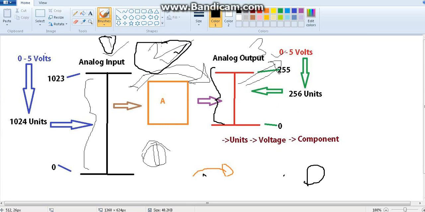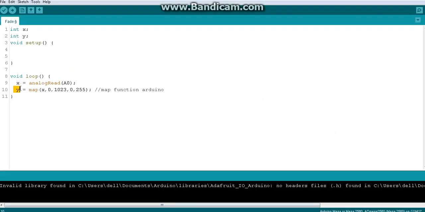This is the second step. Now we have to go for the third step. Very simple, we have to give the analog output. What is the value? The new mapped value that is created from the second step. The second step takes the analog input and gives the new mapped value that is supposed to be given as the analog output. So this analog output process will take the new mapped value and give us the output. You understand what I am telling? So this y value should be given as the analog output value. Why? Because this y value is in the new range that we want.